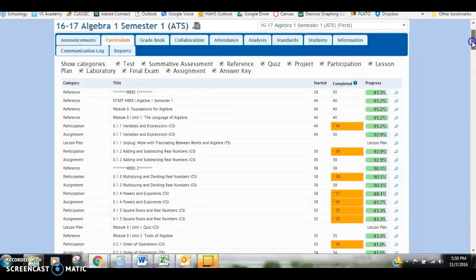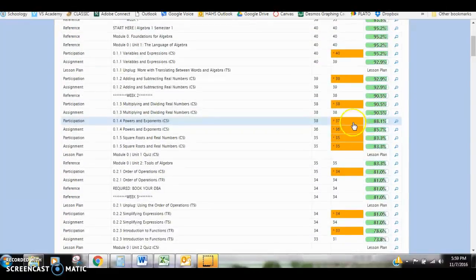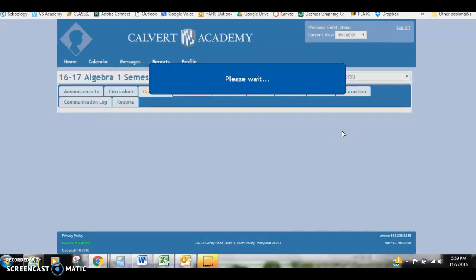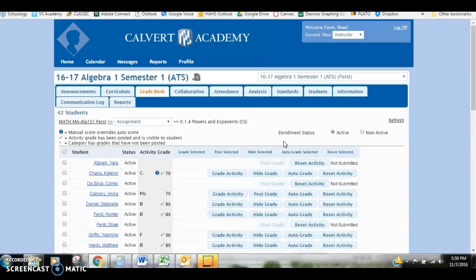I think of orange as bad. That means it's a to-do item on my list. The more orange, the more things you need to cancel for your day. But when I grade an assignment, what you do is you just double click on the orange number, and then that's going to open up the assignment, and you're going to see all of the students who completed